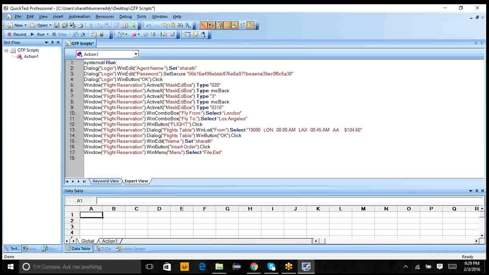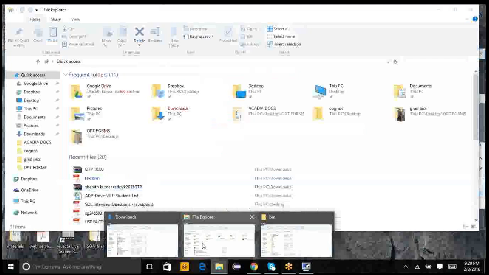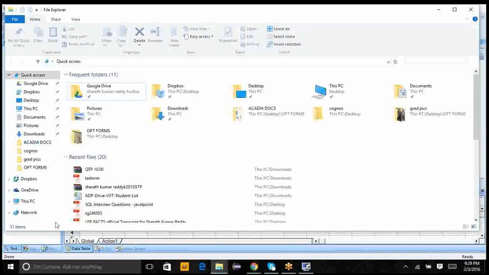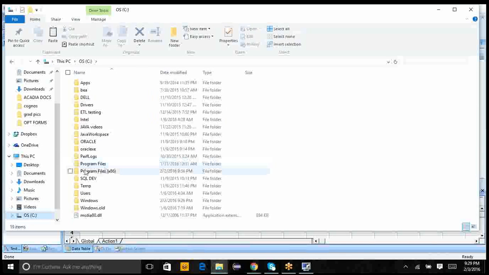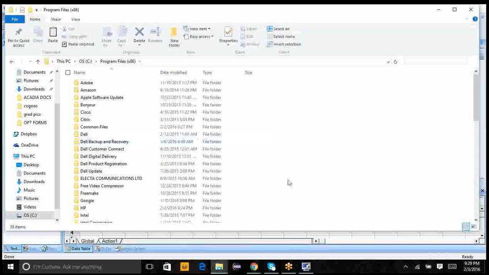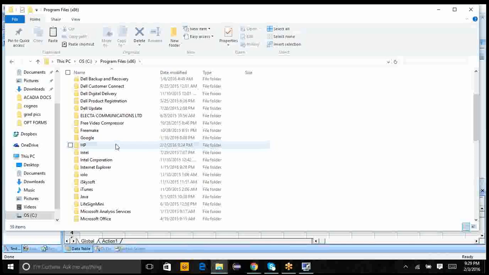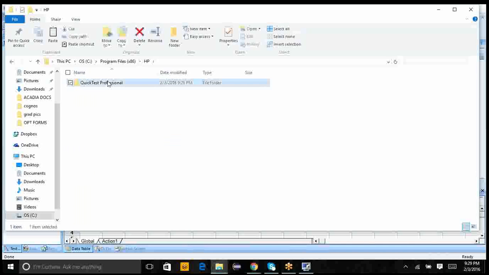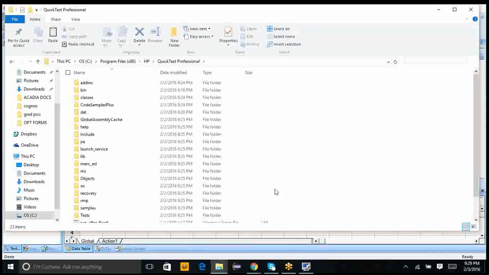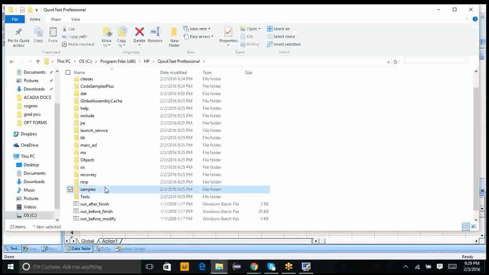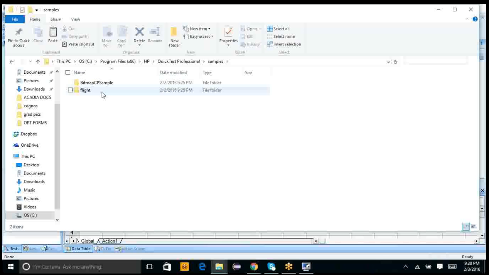Go to C drive, Program Files x86, HP, QuickTest Professional, samples, flight.